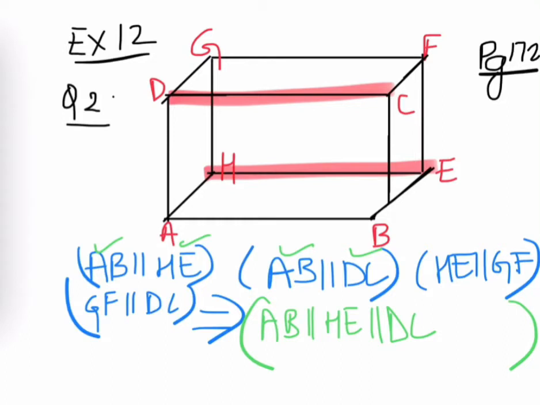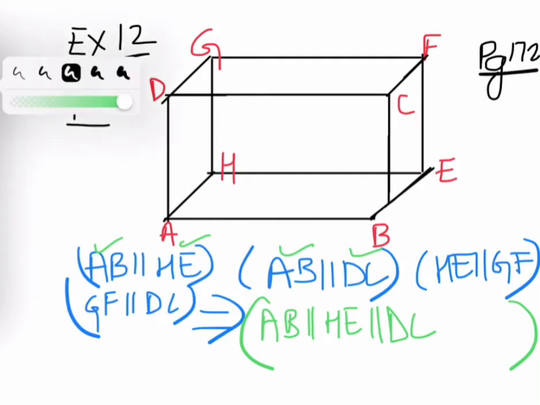Like here, although DC and HE belong to different planes, that is why we are not considering them parallel. But actually they are a part of the same plane. How? If we draw a line like this, then we know that they are part of the same plane. So our problem is clear, and now we know why DC is parallel to HE. It is because they are lying in the same plane. I hope it is clear.